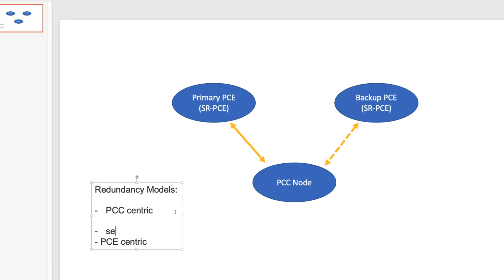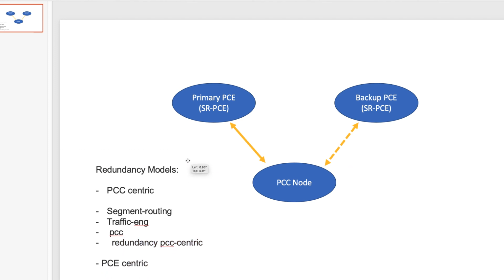If you recall, we just go under segment-routing, and then we go under traffic-engineering, and inside that we go ahead and say pcc, and there we say redundancy pcc-centric. And if you do not type this command, the default mode for redundancy is PCE centric. And that PCE centric is a little slow in terms of the failure detection.